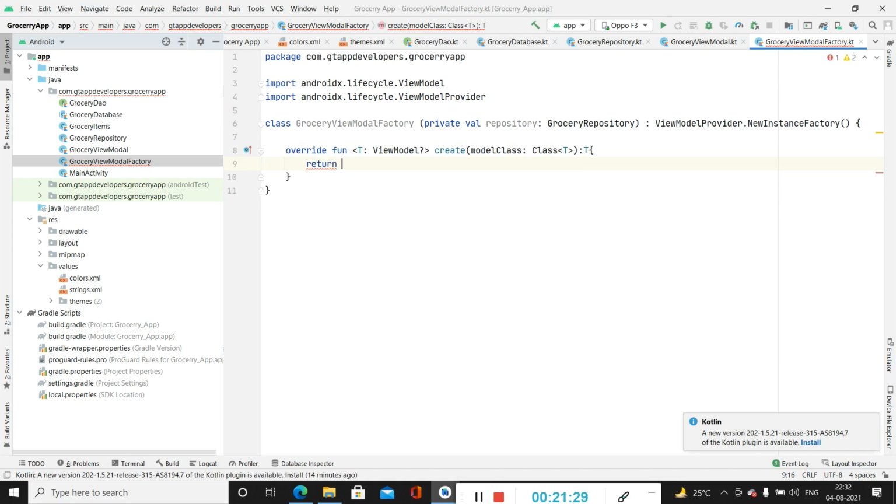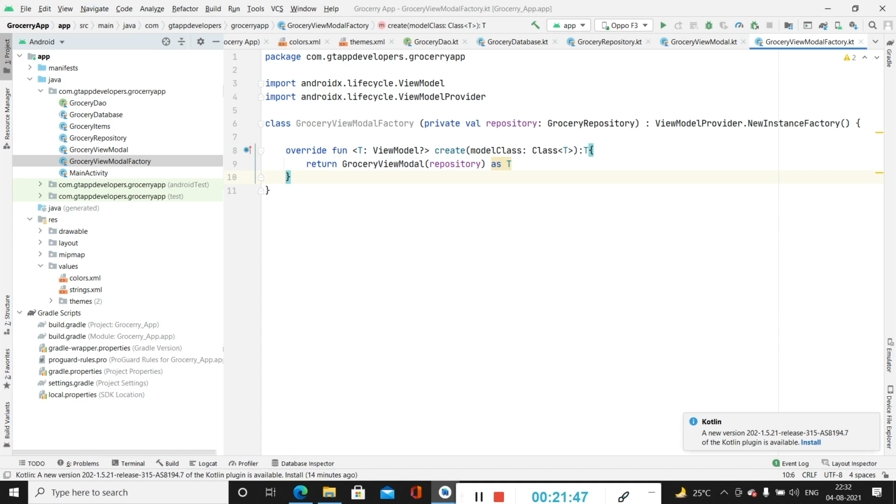Now we will simply return our grocery view model, and inside this we will be passing our repository. Now we have completed this grocery view model factory as well.